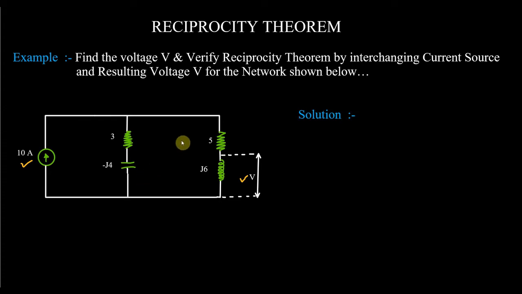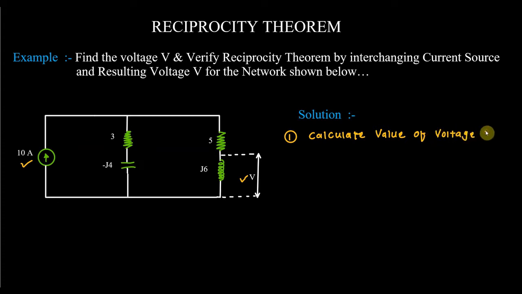It is not possible here to find the answer by mesh analysis. There are so many methods to solve this. You can use nodal analysis here, since there is only one node, so you can find the voltage. But I will solve this by a different method. I hope everybody remembers that you have studied it already, that is the current division rule. So in the first step, we will determine the value of the voltage V.